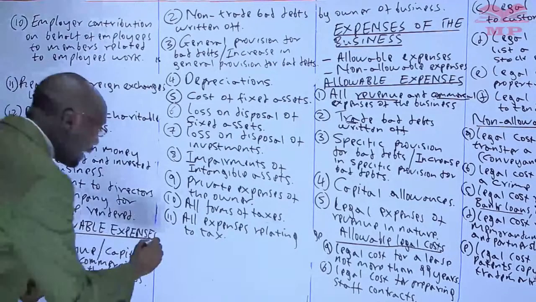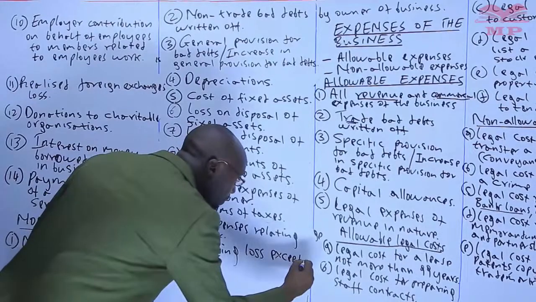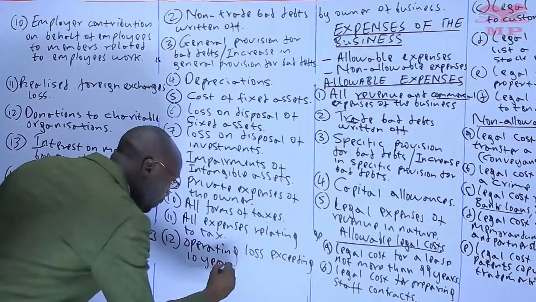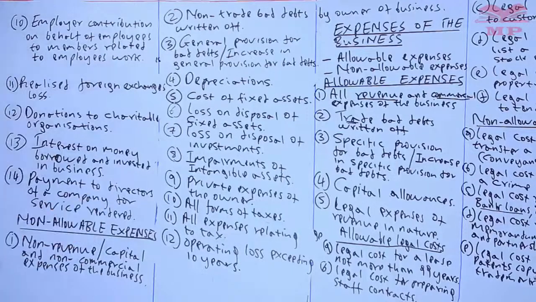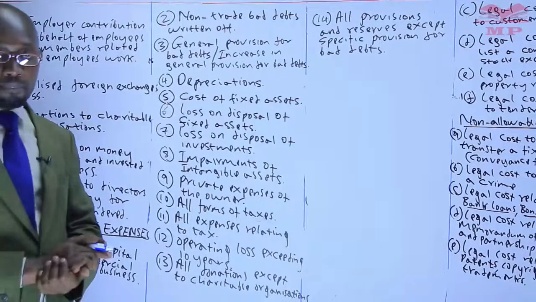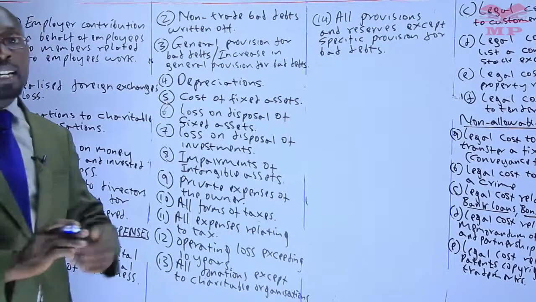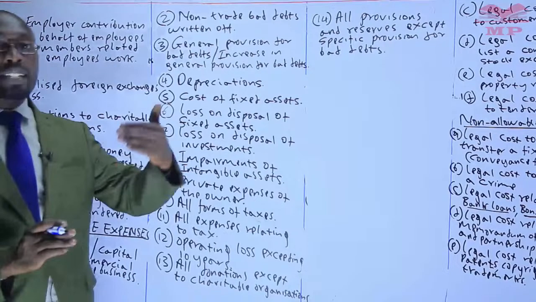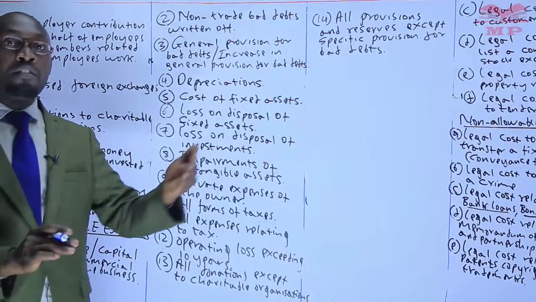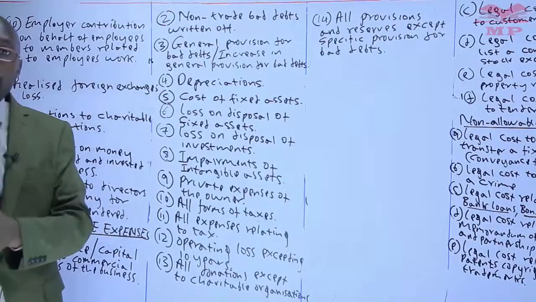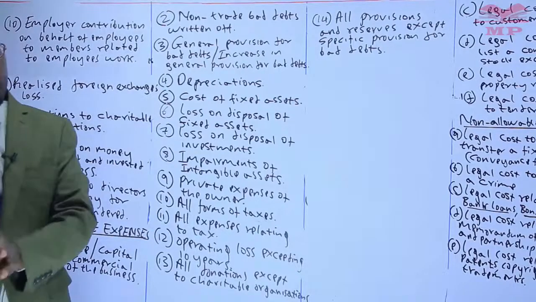Number 12, 10 years. Those are usually not allowable. What do we mean? If you generate a loss in the business in 1 year, let's say in the... have provision for salary. Like if you know next year you have salaries to pay, next year you have rent to pay, you may provide it in this year. This is the provision for salary reserved somewhere to be used when that time comes.